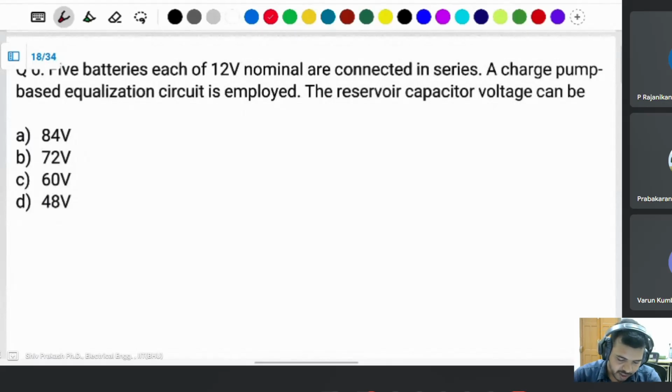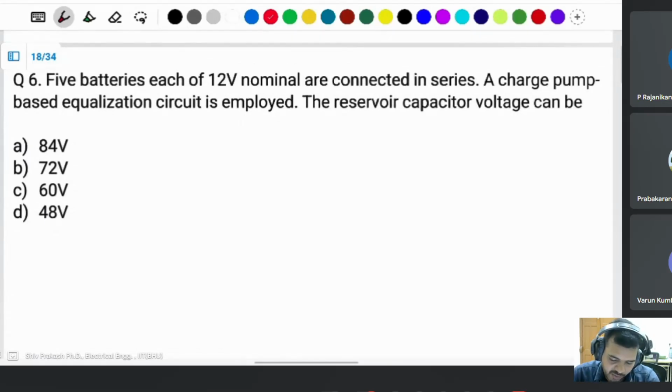Next question: given 5 batteries, each of 12 volt nominal, connected in series. A charge pump based equalization circuit is employed. The reservoir capacitor voltage can be